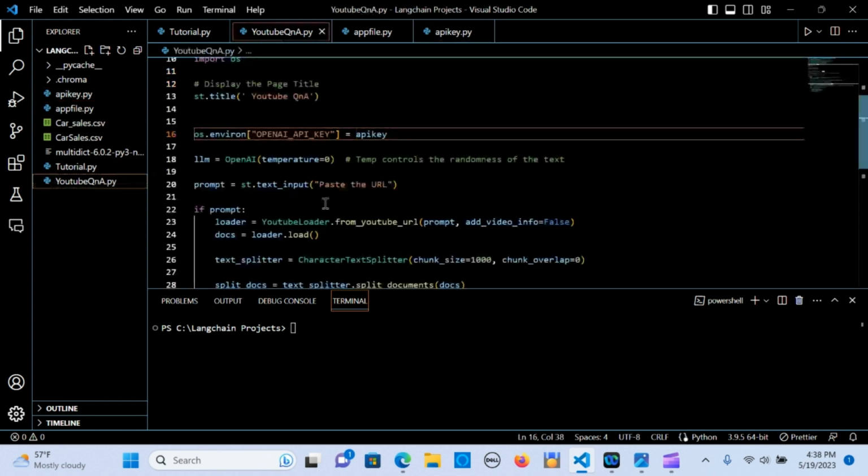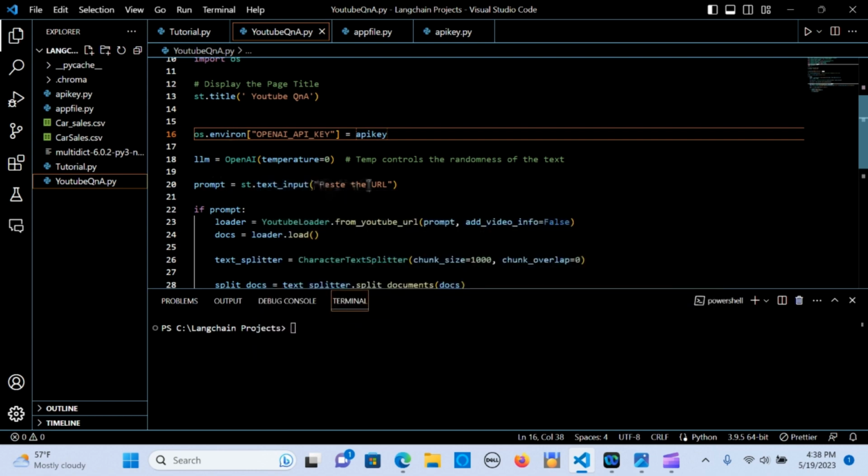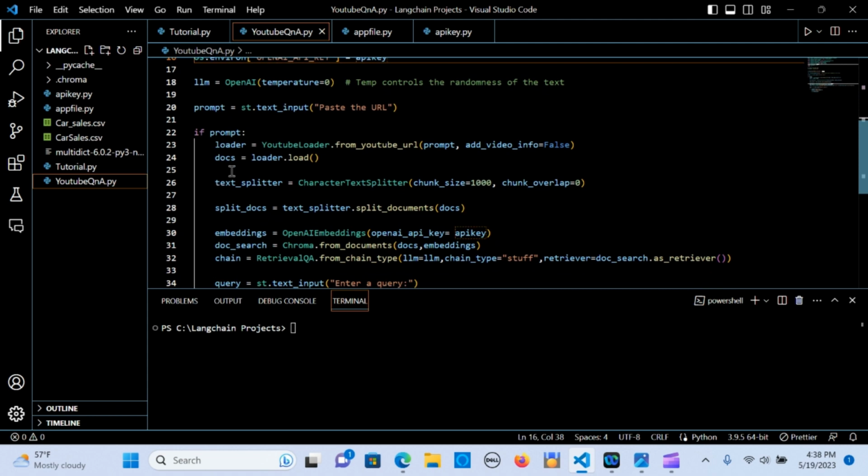Okay. The next thing is to create the OpenAI LLM. So the temperature is equal to 0. That's going to control the randomness of the text. And we create a prompt. So we say streamlit.text_input. This is where we're going to put in the URL. And we say if prompt. So if there's a prompt, then we are going to load